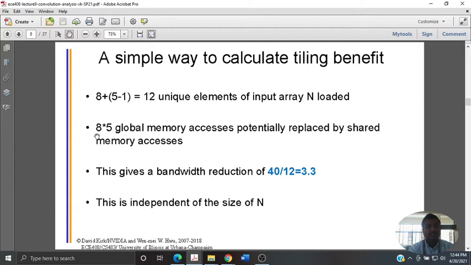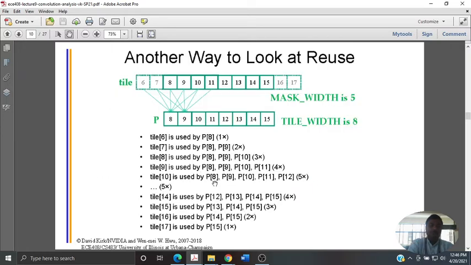So tile 10 is used by all, whenever you consider that these elements are used. So there is an increase in the usage of elements. So P8 started increasing 2 times, P8 3 times, 4 times, and so on. So the number of elements go on increasing to the center level. Then there is a stagnation with respect to the highest number of utilizations, 5x in this case. So after that again there is a decrease.